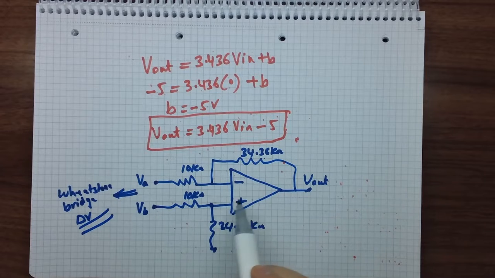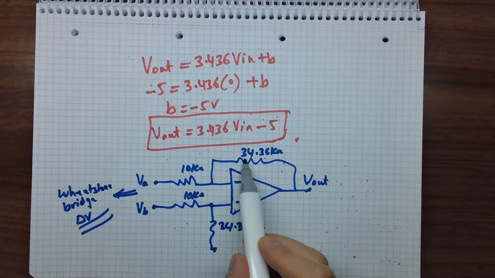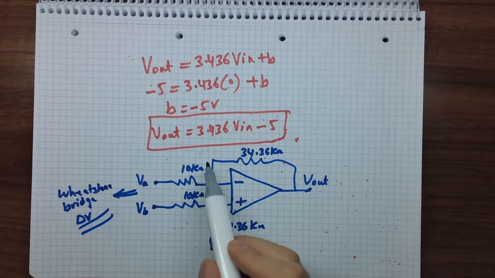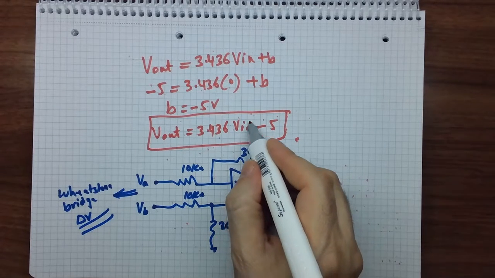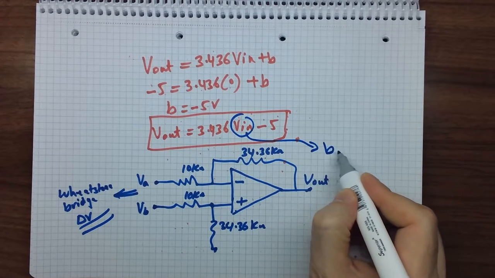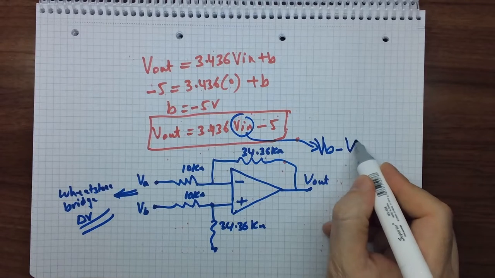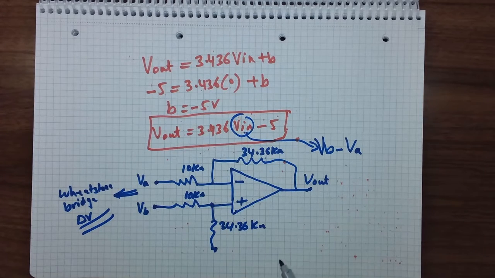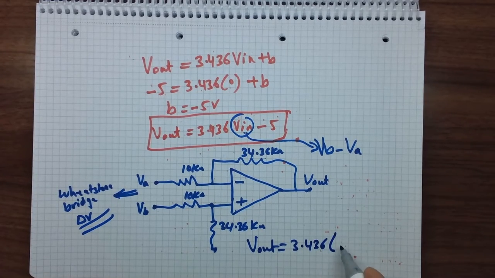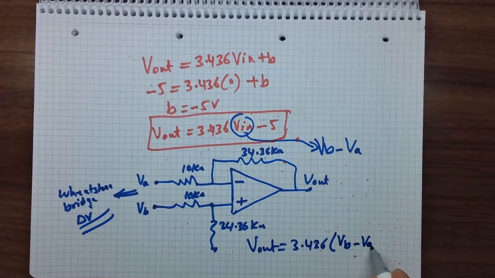This differential amplifier will have a gain of 34.36 divided by 10, which is 3.4, times Vn. In this case, Vn is equal to VB minus VA. So the equation will be V out is equal to 3.436 times VB minus VA, this is Vn,